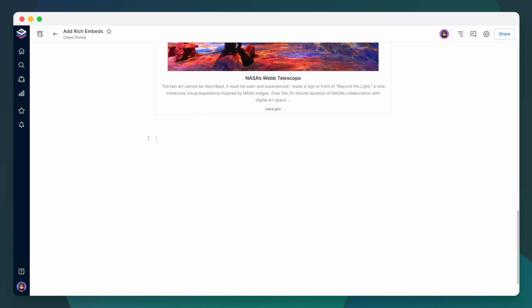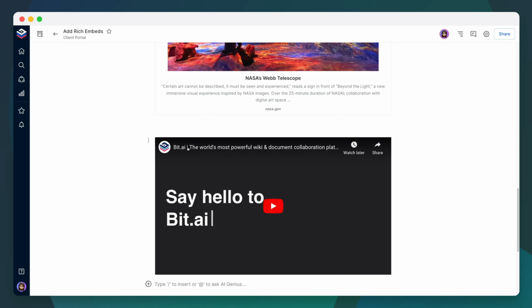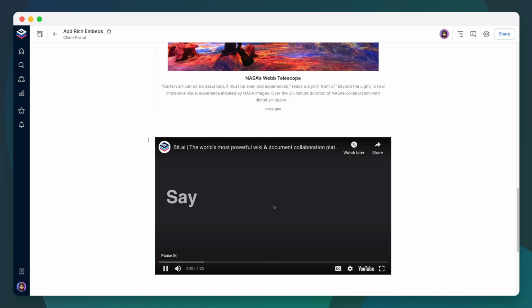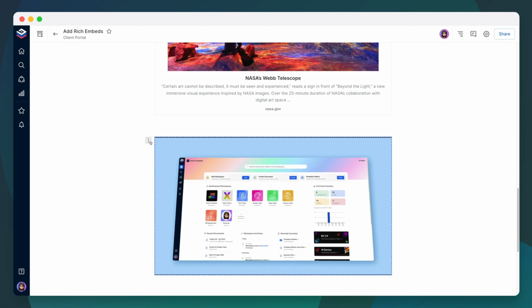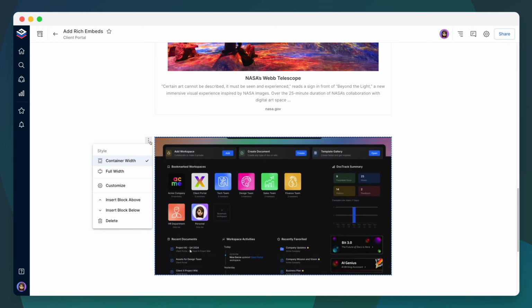If you paste a YouTube link on a blank line, it'll automatically display as a video that plays inside of your document. Again, hovering on top of it will display three dots that will let you do more with your rich media